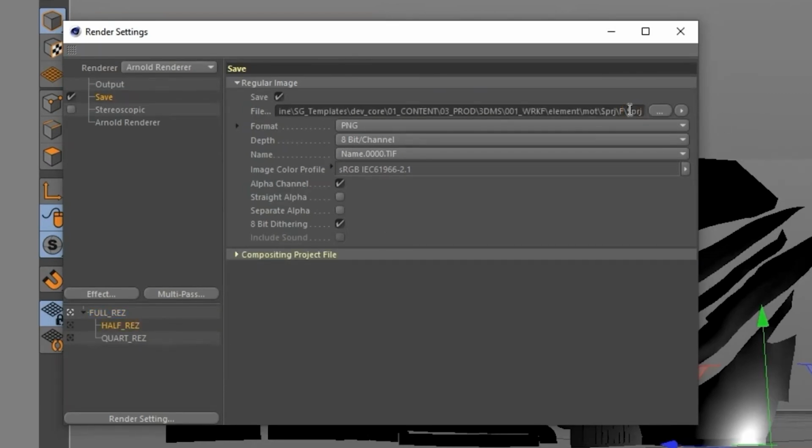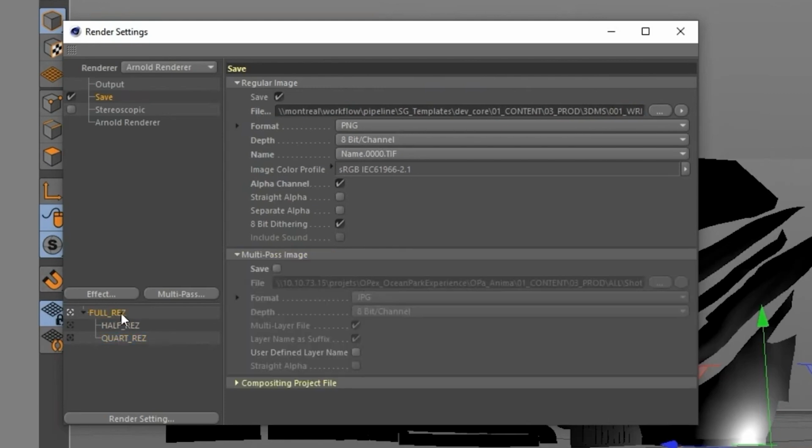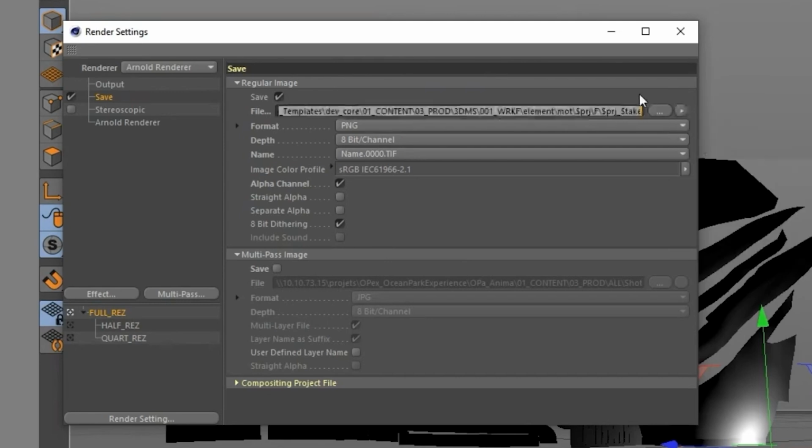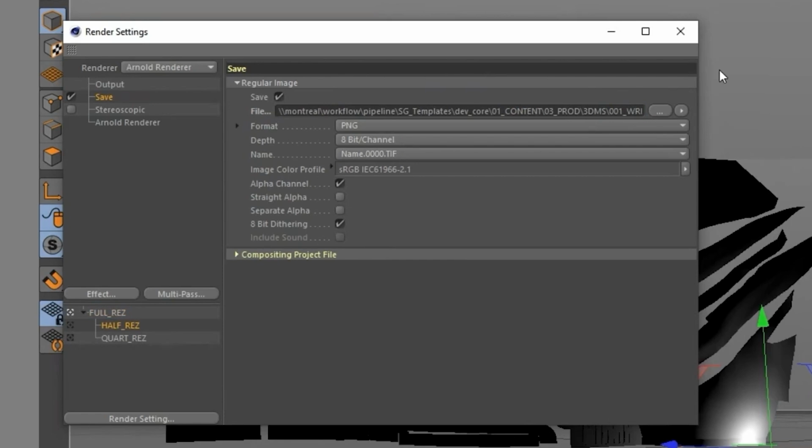Instead of F, I can do H. And instead of F in quarter res, I can do Q. Then of course, what I can add is also just an underscore, and depending on the project that I'm gonna be doing, maybe I don't need that, but I will add right here with the triangle my current take name. So it's $project, underscore, $take. And I'm just gonna copy this to every other output name.